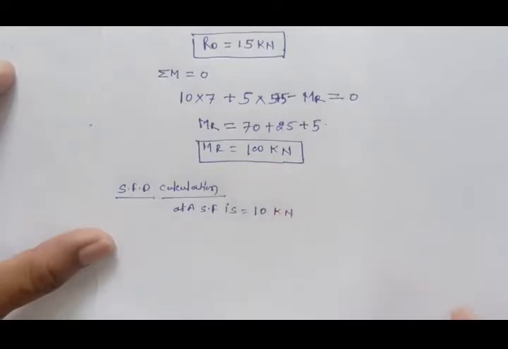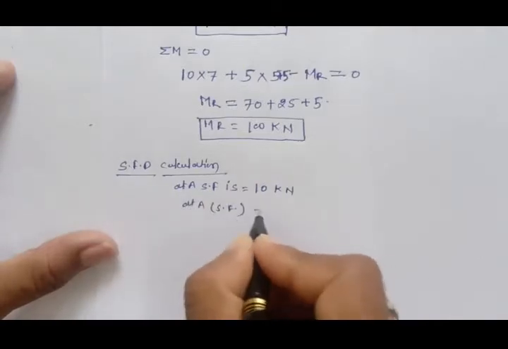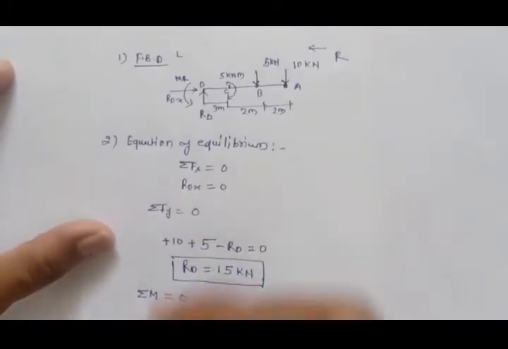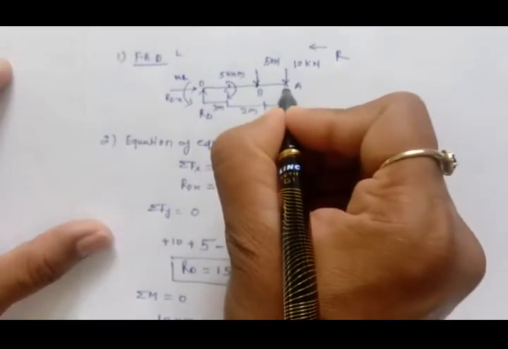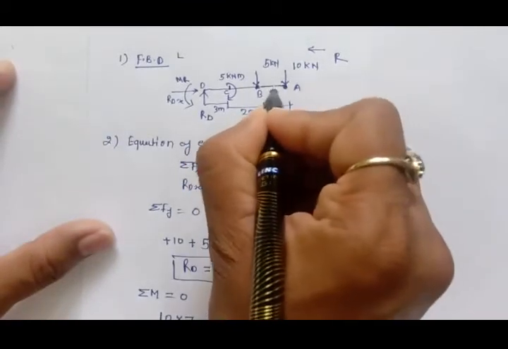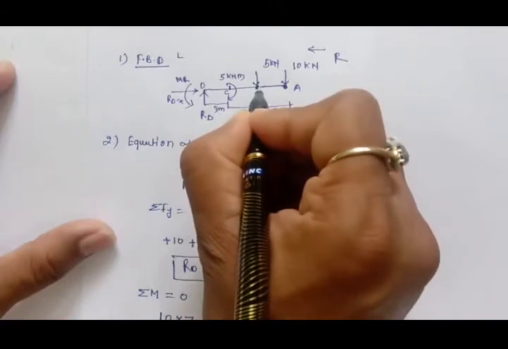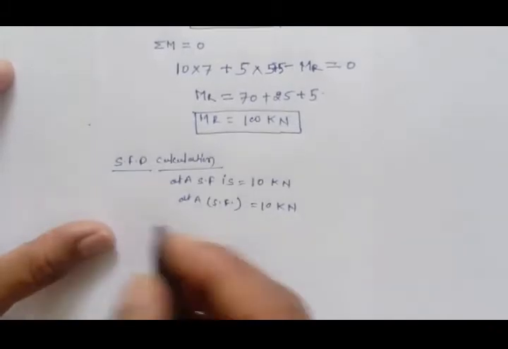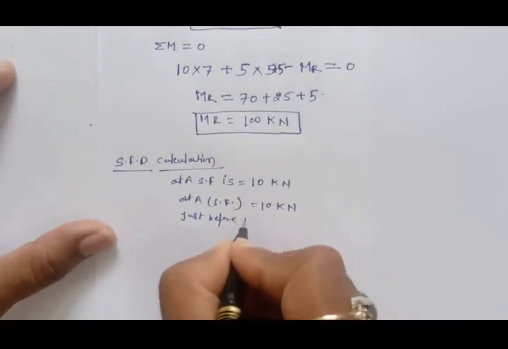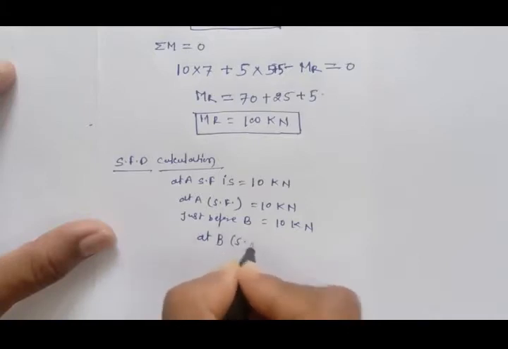We can write it like this: at A the shear force is 10 kilonewton. Next, at B, from A to B, because no other force is there, only the 10 kilonewton is constant up to B, and at B 5 kilonewton is there. So just before B it's 10 kilonewton only, and at B the shear force is,